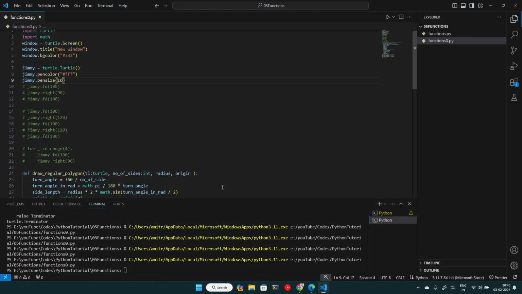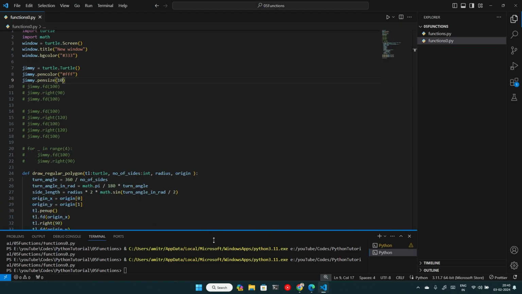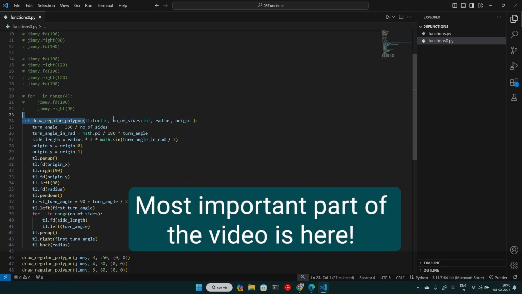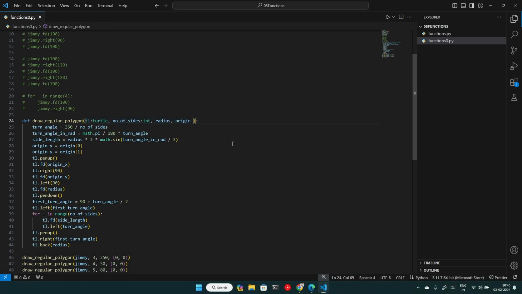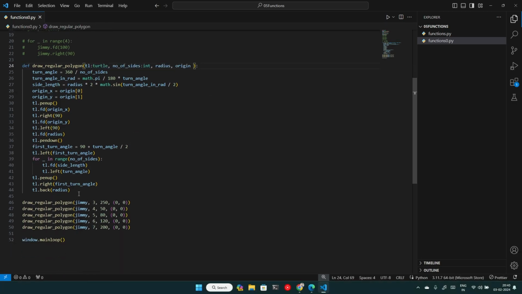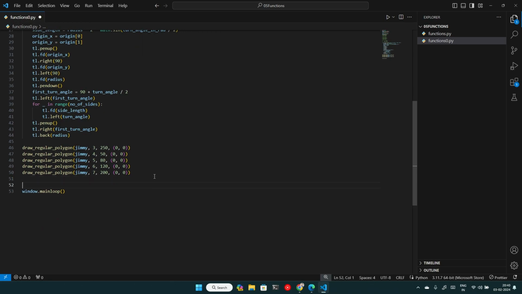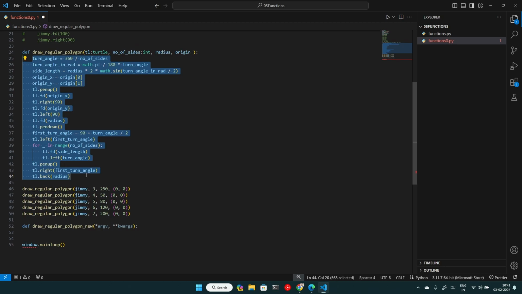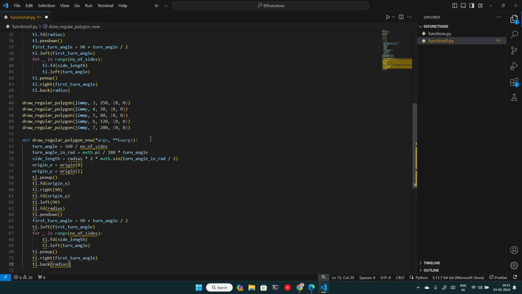Okay, two more things I just want to mention. We have provided all these named arguments. So what if you want to do it a little bit differently? Let me create another instance of the definition of the function, polygon new, and here we are simply taking argv values. All the same thing we can do, we will copy and paste it here, but instead of these values what we can do,